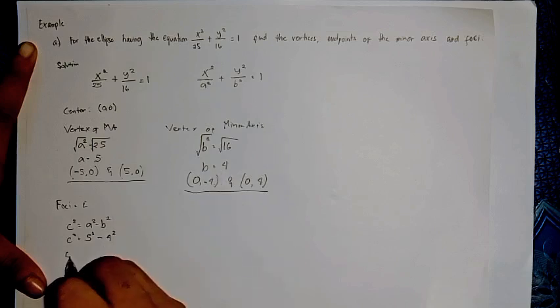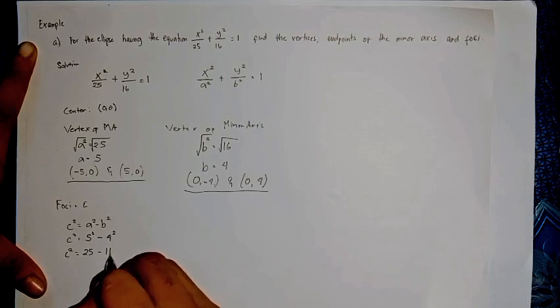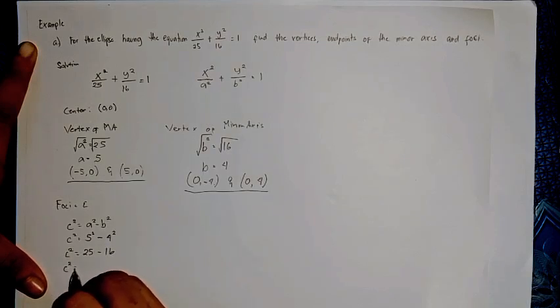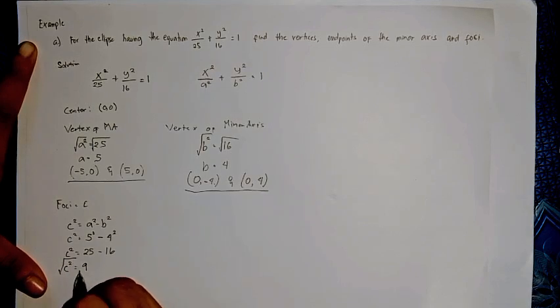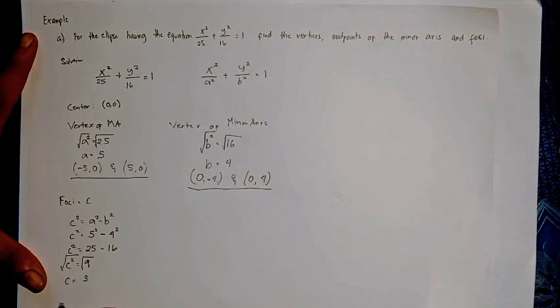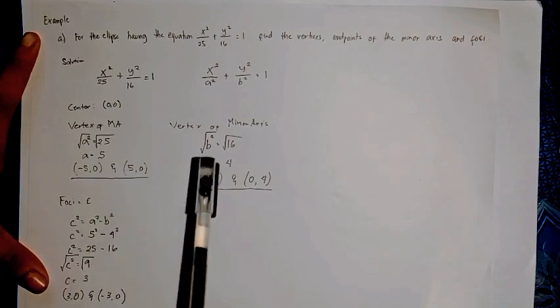So c squared is equal to 25 minus 16. We have 9. Now square root of c squared is c, square root of 9 is 3. Therefore, our foci are (3, 0) and (-3, 0). Since we have identified the foci, the vertices of the minor axis and the major axis, and the center,